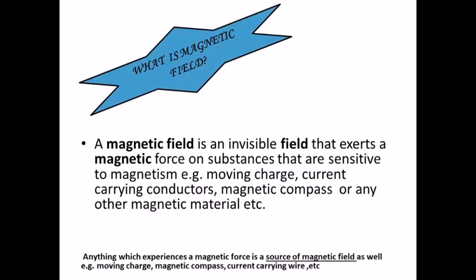So now the question arises, what is magnetic field? Like in the Ørsted experiment, a current carrying wire was kept and the magnetic compass showed some deflection. And since the magnetic compass itself is a tiny magnet, if it is showing some deflection, it is experiencing some force. What is exerting force on the compass? Obviously the nature of the force should be magnetic, and there should be some magnet around it exerting some magnetic force on the compass. But there was no other magnet present adjoining to this. Instead there was a current carrying wire.